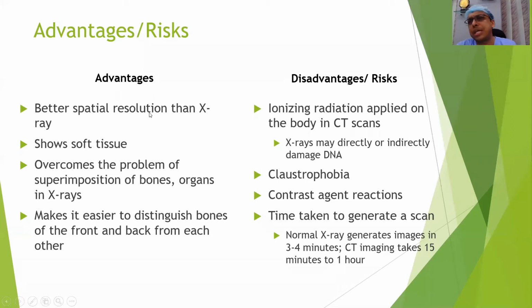That's obvious because X-ray is 2D and CT scan is 3D. CT scan has more ionizing radiation passing through the body segments. So obviously, you will be able to see a crisper and more actual footage, slice, or picture of the segments that you are irradiating. It shows soft tissues better than X-ray, but not as good as MR scan. It overcomes the problem of superimposition of bones.